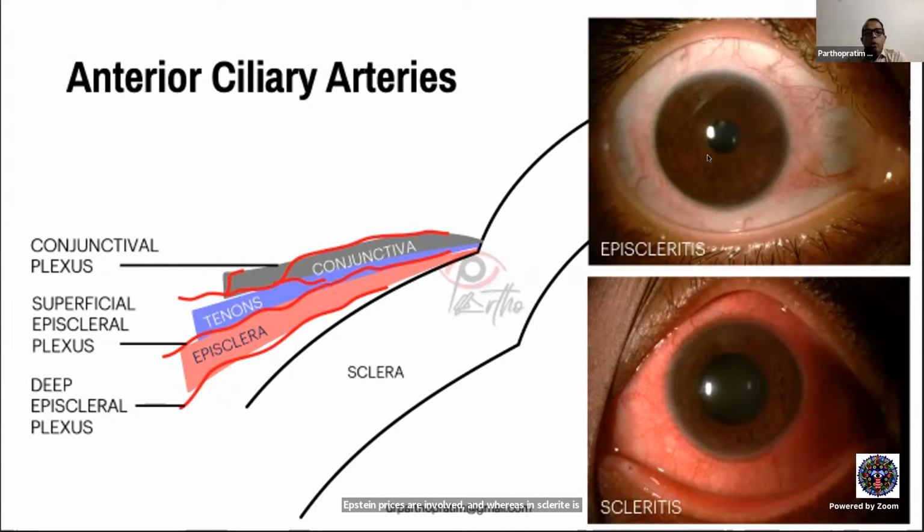So you can do a simple test with phenylephrine. If you put phenylephrine and it blanches, then it means that these are the superficial episcleral plexus, because it blanches with that. The deeper episcleral plexus is located beneath the episclera, and they don't actually